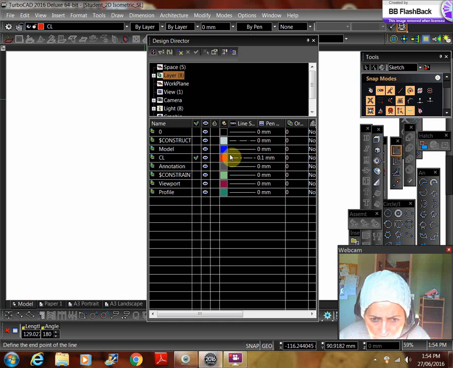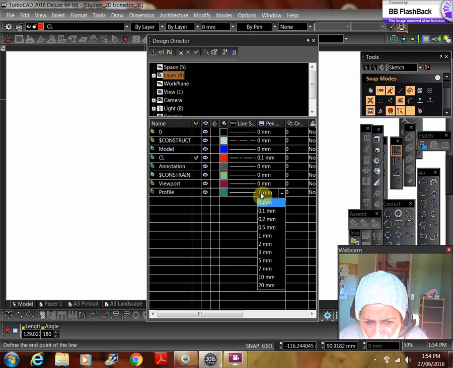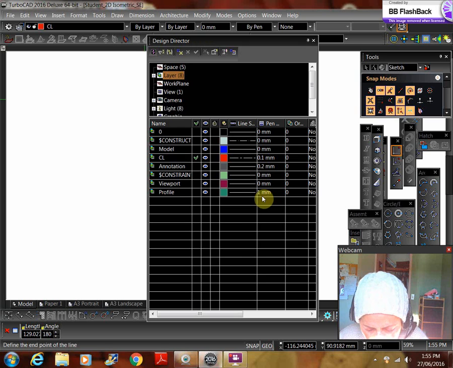A color, that is color, and pen style. There's a pen style that is here, and different dimension, different pen types, like 0.1. I can choose the profile to be 1 millimeter as thick. Annotations to be 0.1 or 0.2 for annotations and drawing dimensions. Color styles, pen styles can be assigned to layers. Layers can only be deleted when there are no objects in the graphics